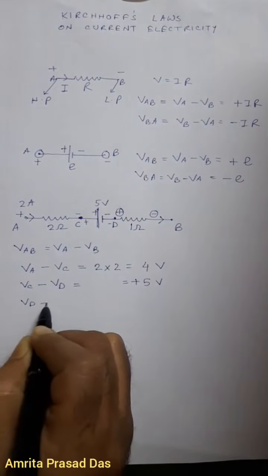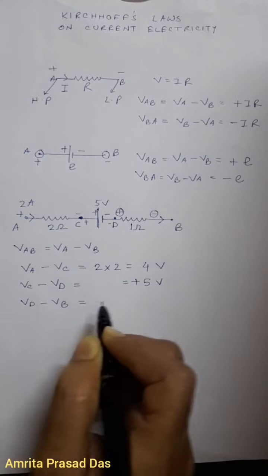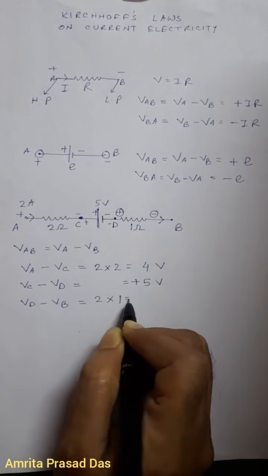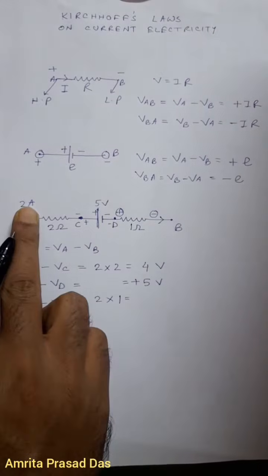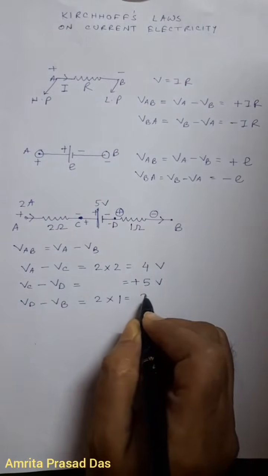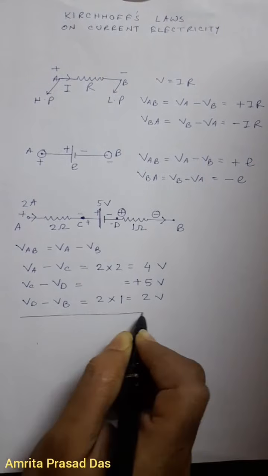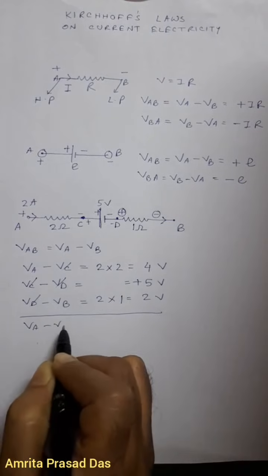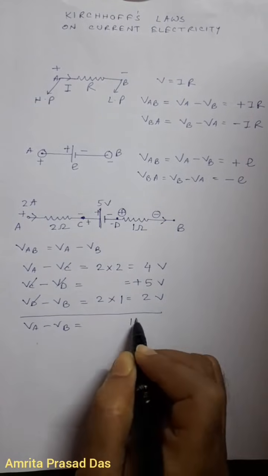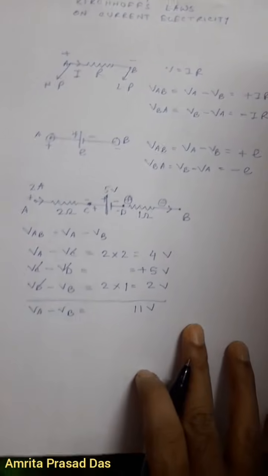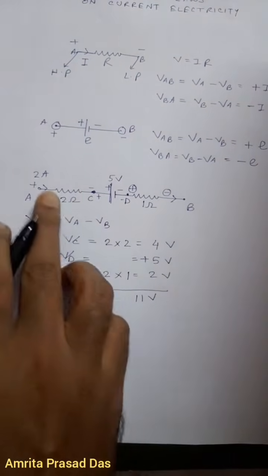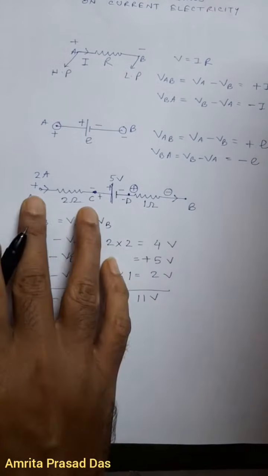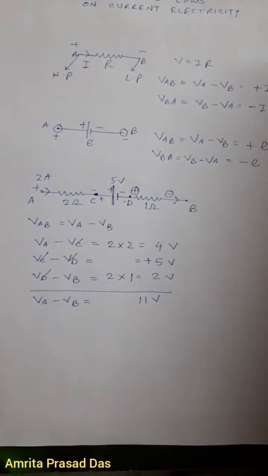Therefore, Vd minus Vb, this is positive, and 2 into 1, that is V is equal to I into R. I is 2 ampere, R is 1 ohm, 2 volt. If we sum up all these, Vc, Vd, Vd cancels, Va minus Vb is equal to 11 volt. This is the answer. Now, when we have to solve this kind of problems, remember that we have to think about point by point. First, we consider these 2 points